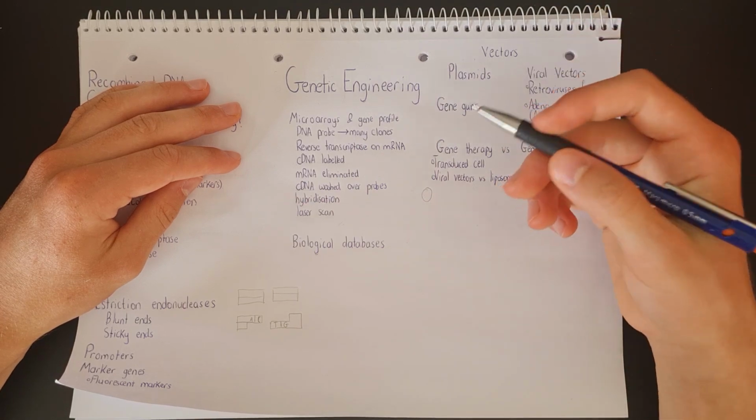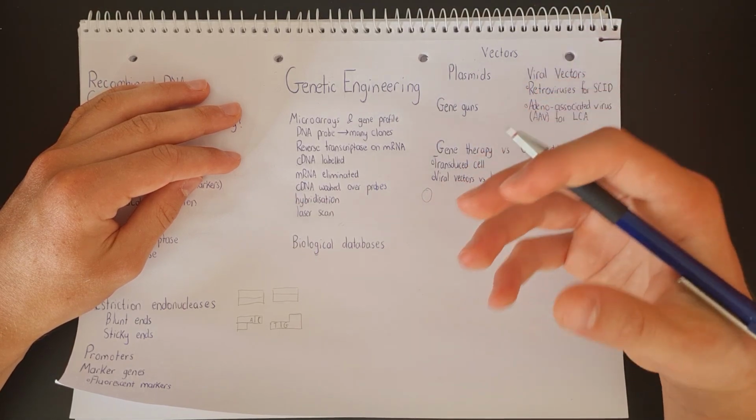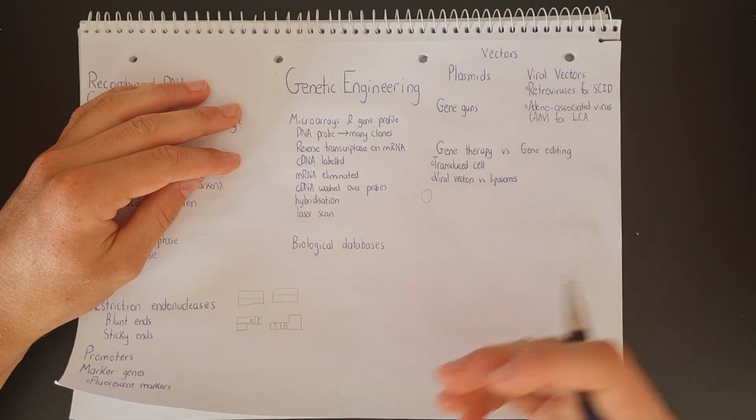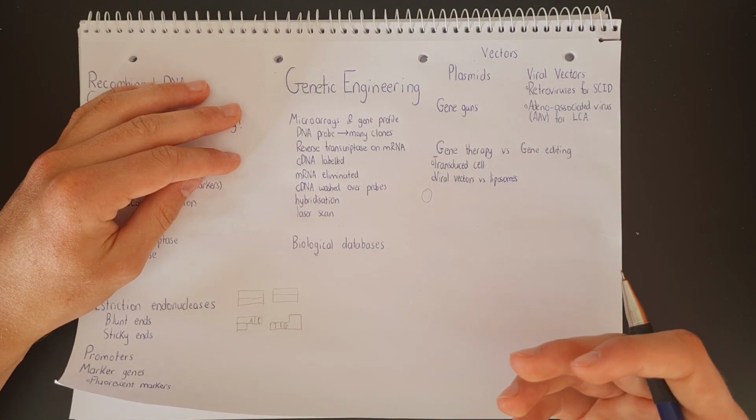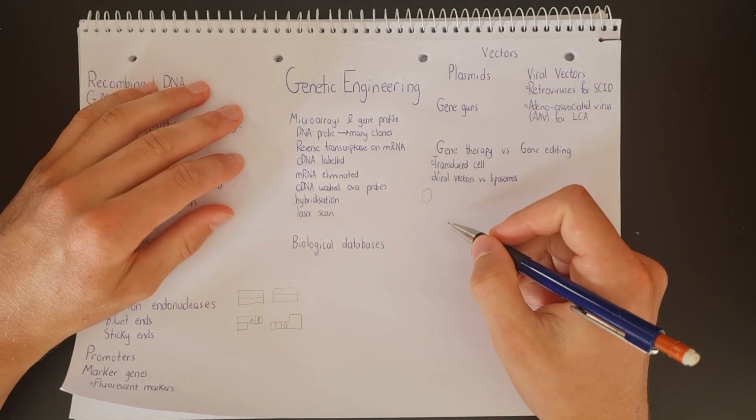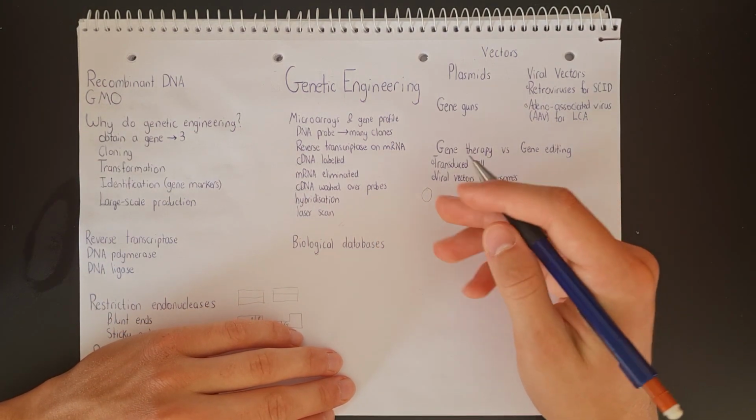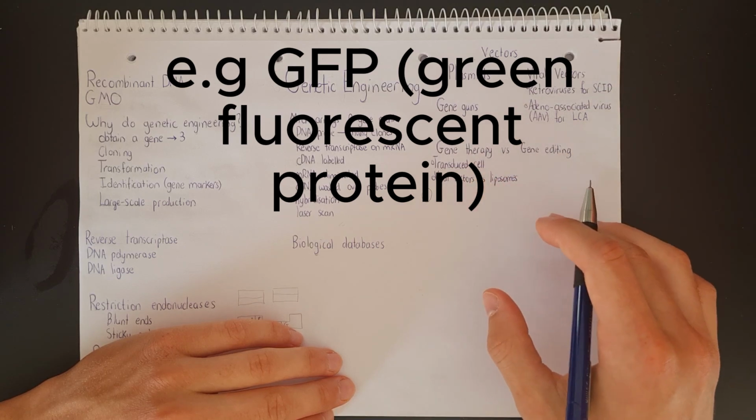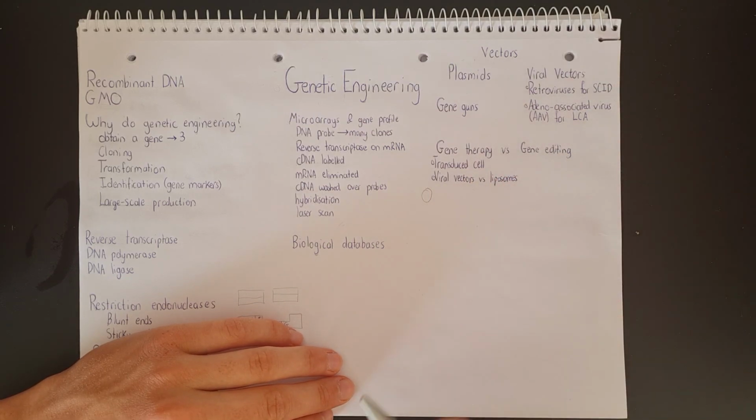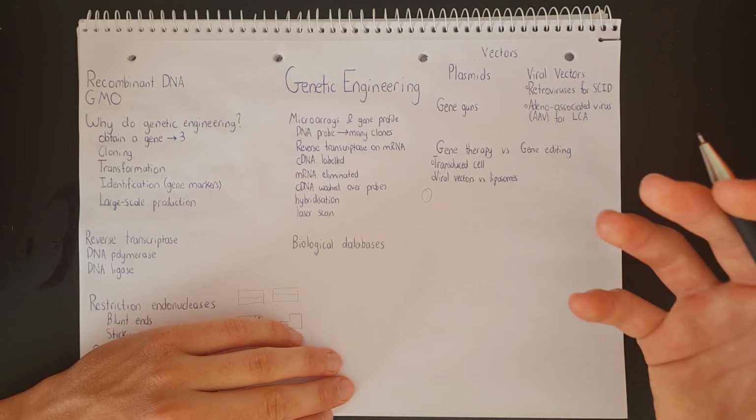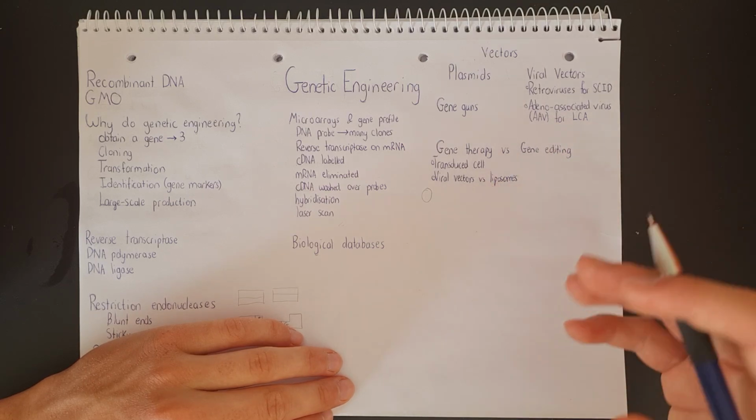And the way that we can actually test to see if the desired gene has been uptaken is by using a gene marker. So once we've cut the desired gene out of one organism, we can label it with a gene marker so that after it's entered into the bacteria, we can test to see if the bacteria has successfully